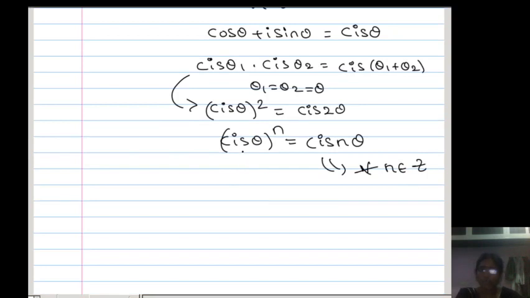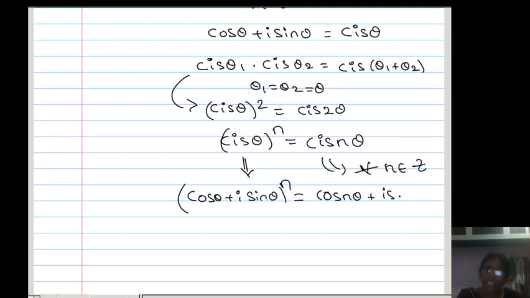So I want to prove that, in shortcut form, cos theta plus i sin theta whole power n is equal to cos n theta plus i sin n theta. I am writing the same thing like this here. I want to prove this for all n belonging to Z. So n is either a positive number, negative number or 0, but I want to prove this. So I am extending this here.